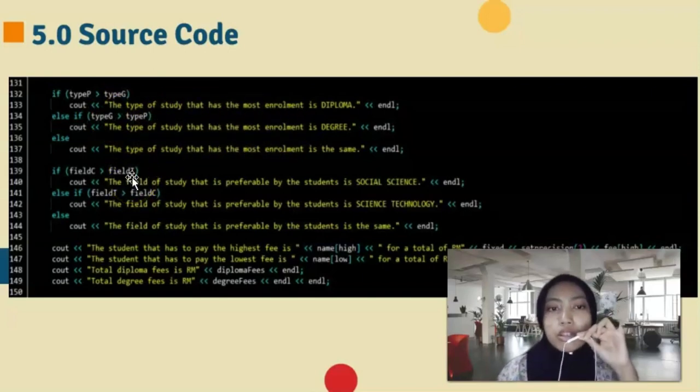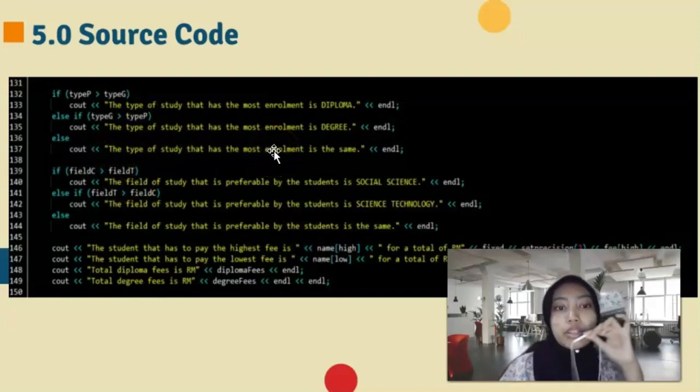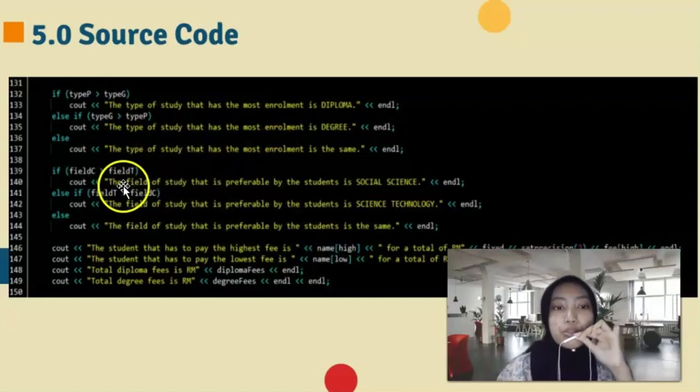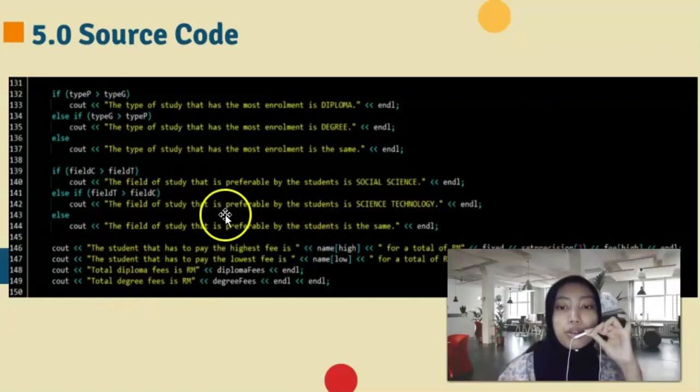And if type G is more than type P, the program will show that the type of study with the most enrollment is degree. But if both are the same, the type of study with the most enrollment is the same. Same goes for field C and field D. But if it's more than 50, the field of study preferred by the students is social science, and so on. For the output below, for the student who has to pay the highest fee, they will show you the name,